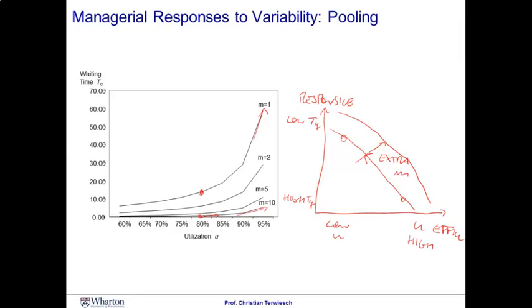Now oftentimes I get asked, what is a good utilization to have for a service? My usual academic answer is, well, it depends. If you run a fire truck, I'm not sure that you're comfortable running it at a 50% utilization. The response time is simply too long given the urgency of a fire. On the other hand, if you're running the local cable company and you're the only game in town, well, you can afford to run a 99% utilization,